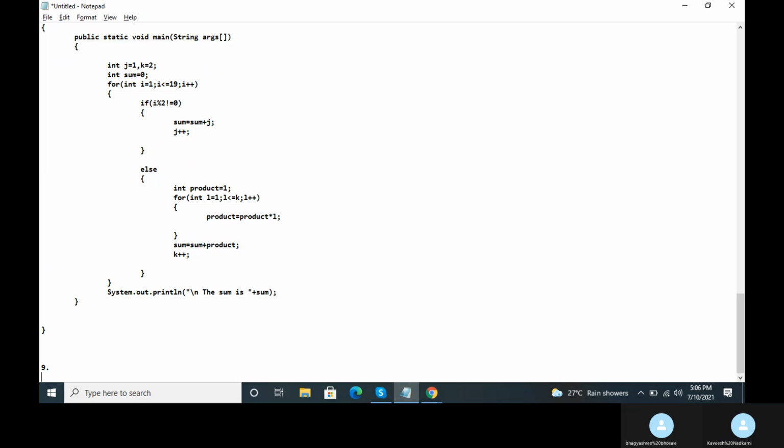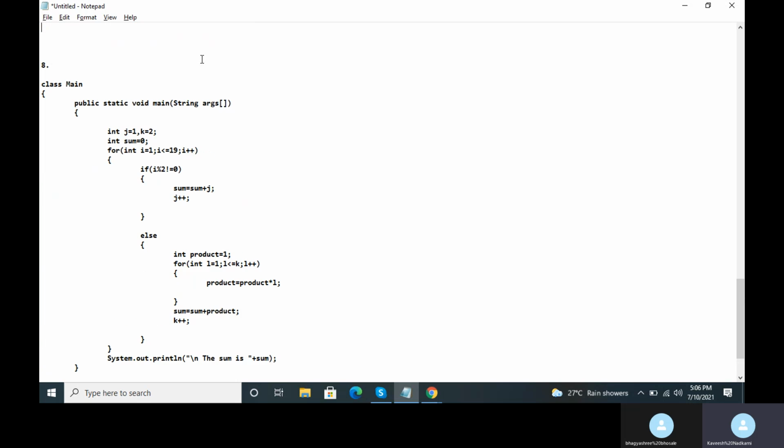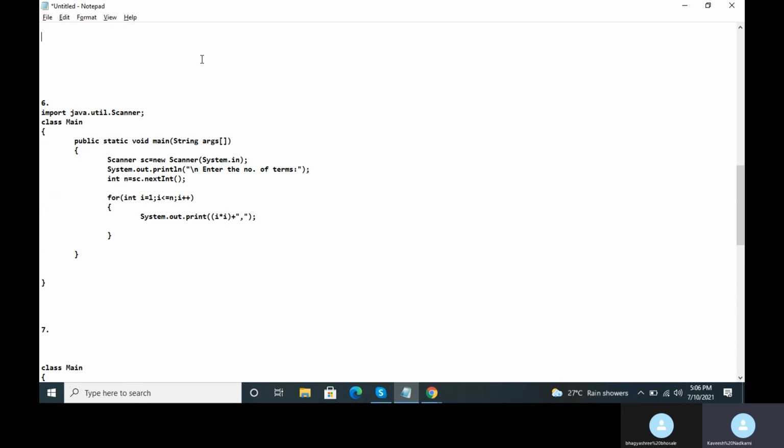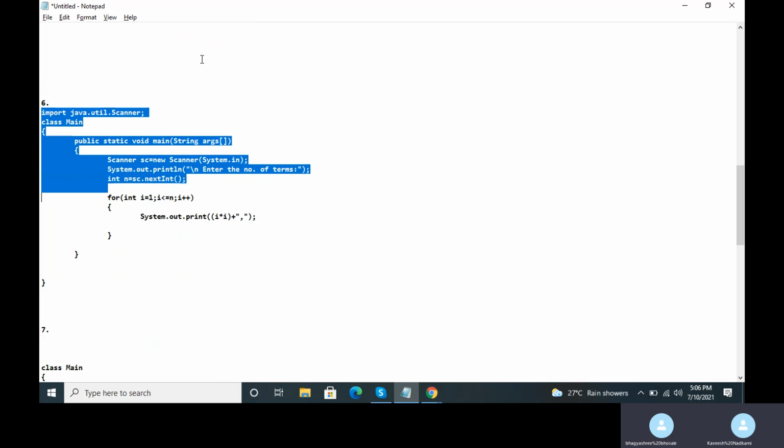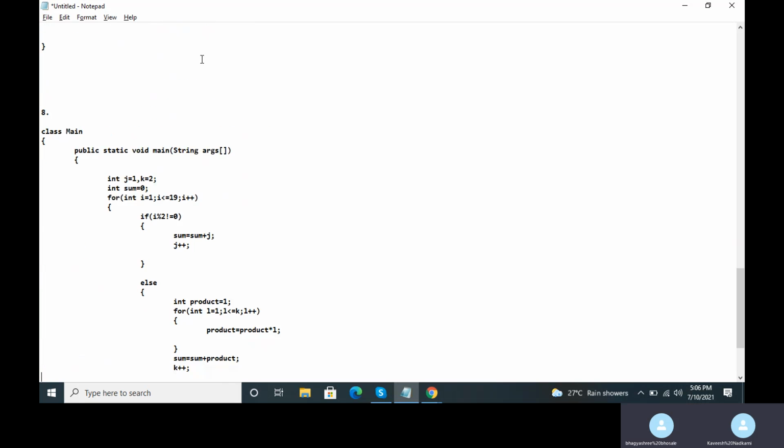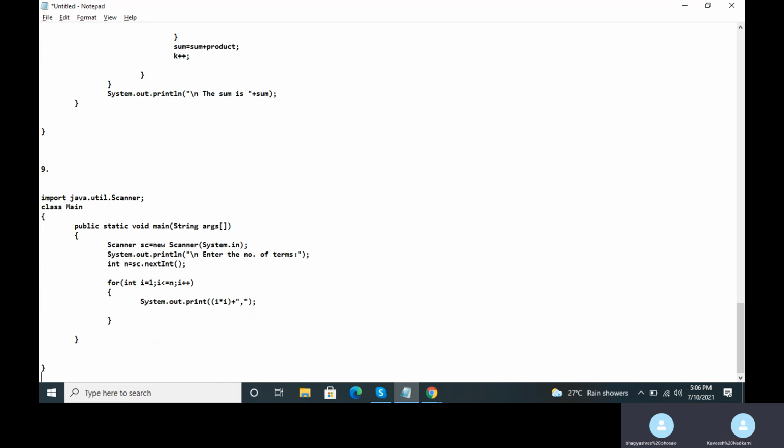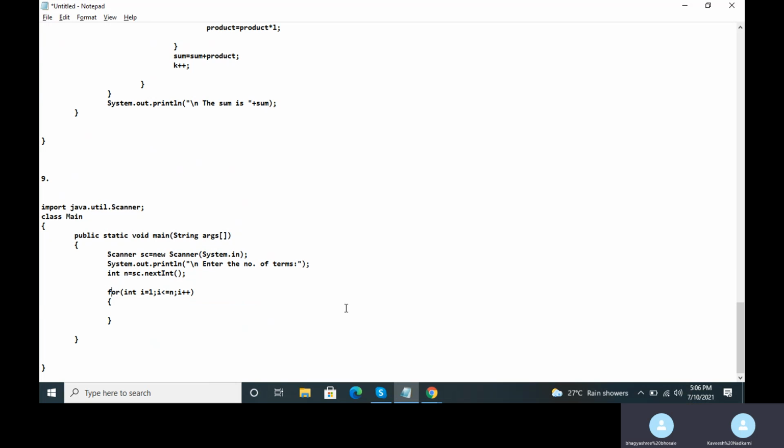Okay, now the sum of 9 terms, that is even easier. See, here what will you have to do? Again, you only have to create the Scanner class object here. And each time this loop runs, see, it's very easy. We will run this loop n number of times. Each time the loop runs, I will declare a float variable called div1, initial value suppose 0.